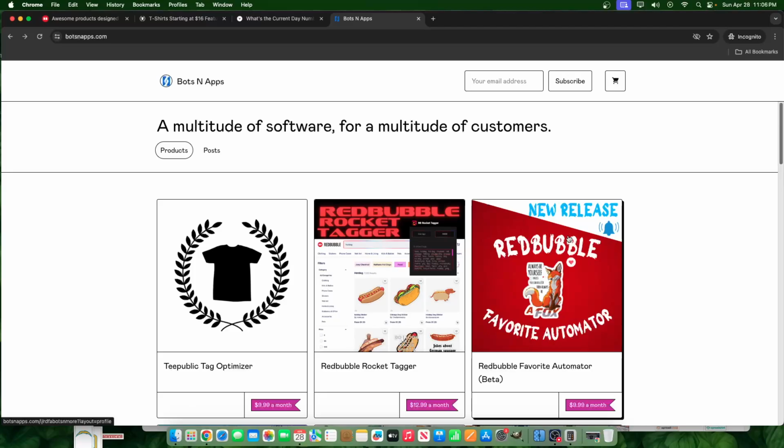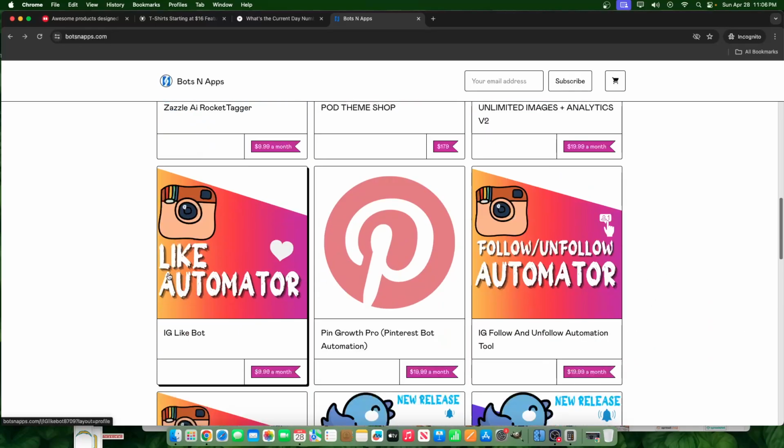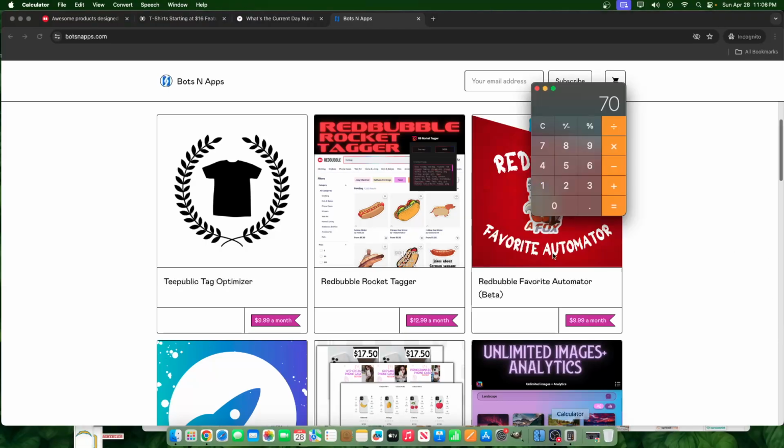So I would say maybe an extra 35 sales. So the difference between the non-investment and the investment side is very significant. If I invested in the tools and then actually did the work with them, it's not like you could just buy the tools and sit back. You've got to actually do the work. If I was to actually invest the time, effort, energy and resources into the tools, instead of having 165 sales, I could have had, let's do the math, 165 plus 35 plus, what